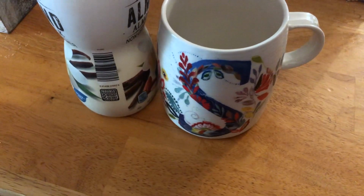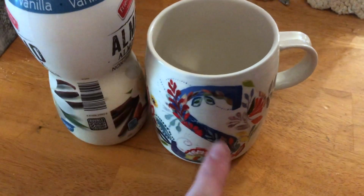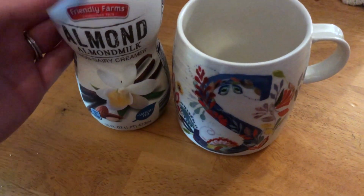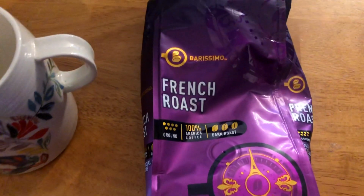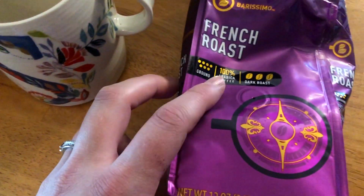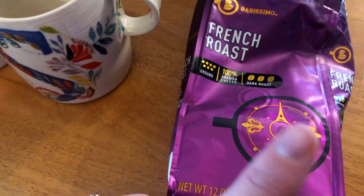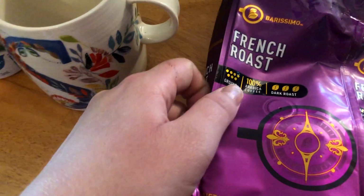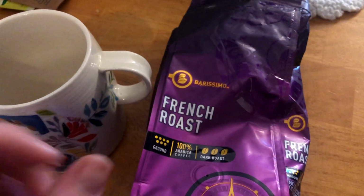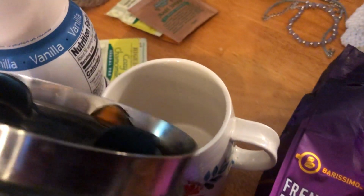So good morning. Here we have my cute little cup. Got it from Anthropologie actually, and then we have obviously the almond creamer. So just so you guys can get a feel for the type of coffee I'm drinking, this is a French roast. It is from Aldi and it is a dark roast. And I used 3 tablespoons, and then I just filled my coffee pot full of water and made a whole pot because I drink a lot of coffee. So just to let you guys know there,